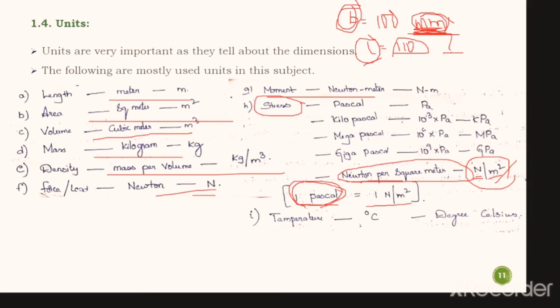Actually Pascal is a scientist, you must be aware of him. Okay, so in the honor of that person, we have named this Newton per meter square as Pascal. So 1 Newton per meter square is nothing but Pascal. So stress has units of Pascal also. So Pascal, kilopascal, megapascal, gigapascal. Kilopascal is 10 to the power of 3, 10 to the power of 6 is mega, 10 to the power